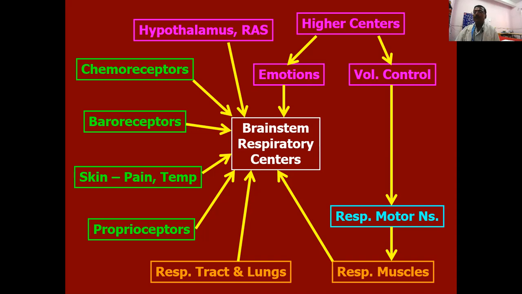The chemosensitive area is a specialized area present in the brain, and it is the only area that will respond to changes in the hydrogen concentration. The other respiratory centers like DRG, VRG, apneustic center, and pneumotaxic center will not respond to changes in the blood hydrogen ion concentration. The chemosensitive area is highly sensitive to hydrogen ion. Whenever the hydrogen concentration changes, it gets sensitized and gives signals to the respiratory center, and accordingly the respiratory center will modify or alter the respiration.